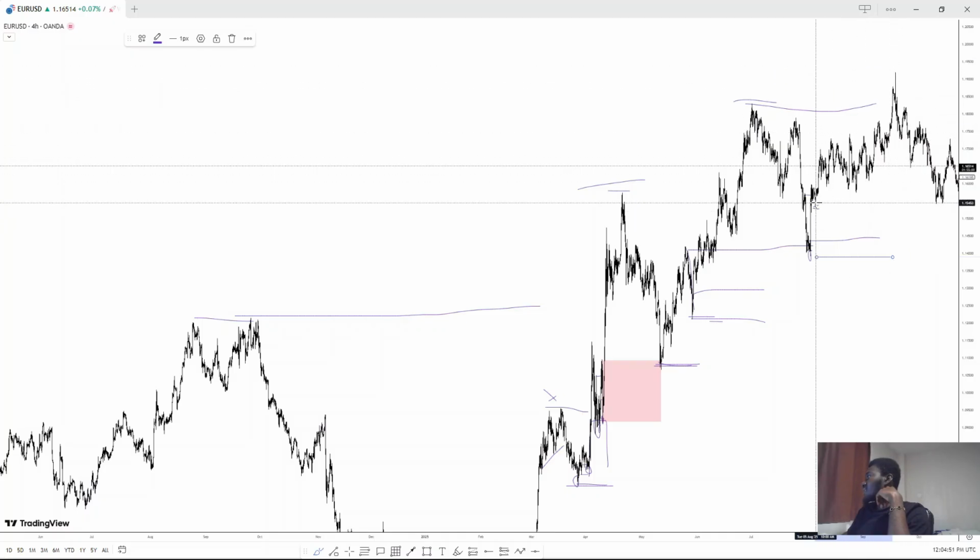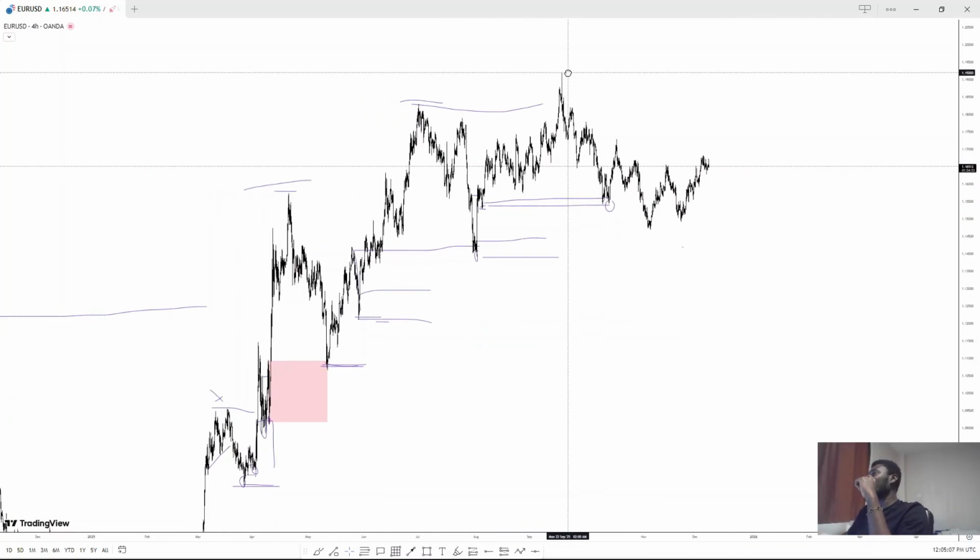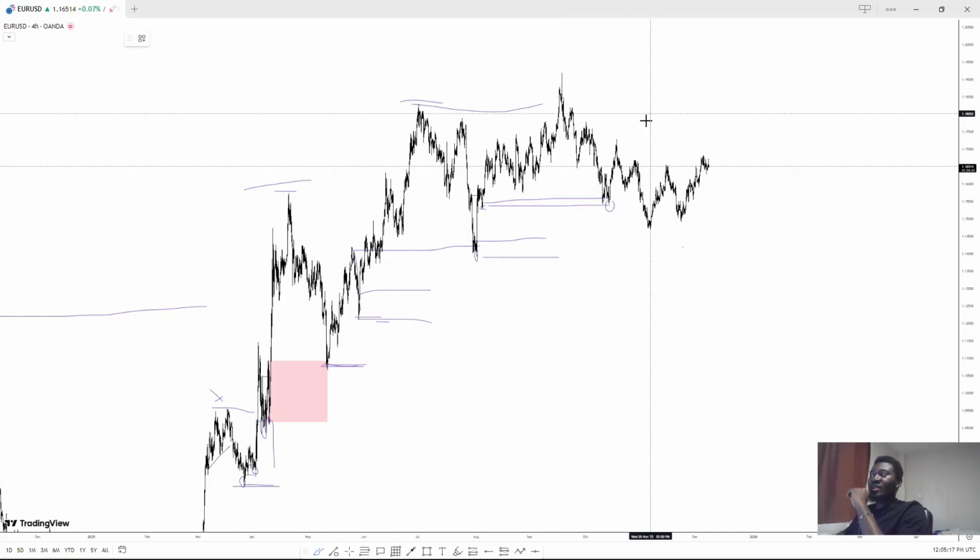Then where did the reaction start from? It started from here. Okay, in the future, price comes there. How do you get to know? You get trend line, you get inducement. You take the shade. Now, our aim is not to hold the trade till price breaks the high because of the way we trade. The way we trade helps us to get a smaller stop loss and a higher risk to reward. So you realize that even this here to here,